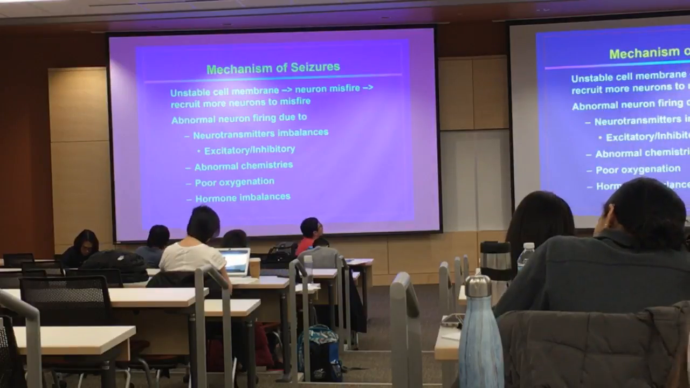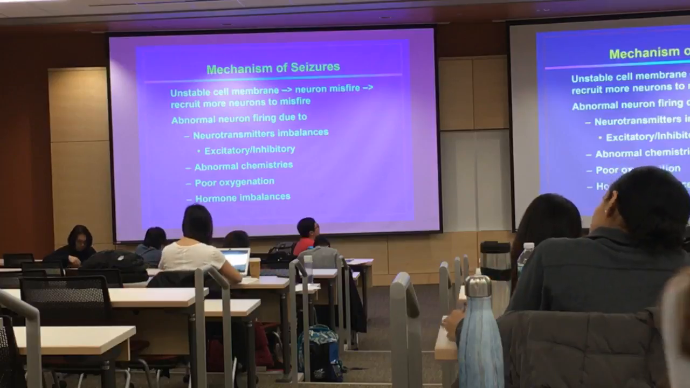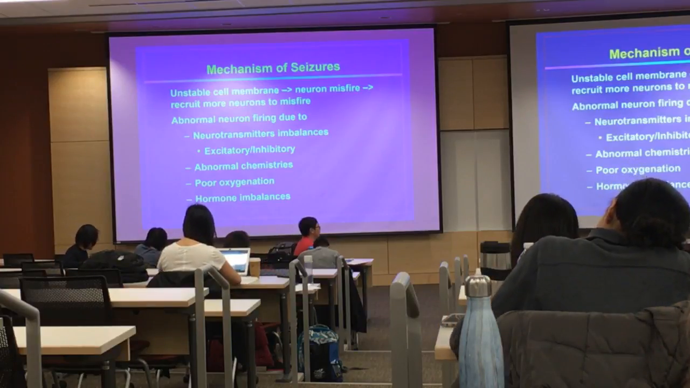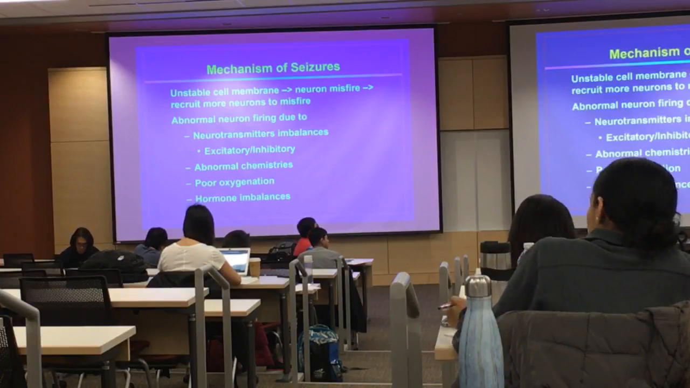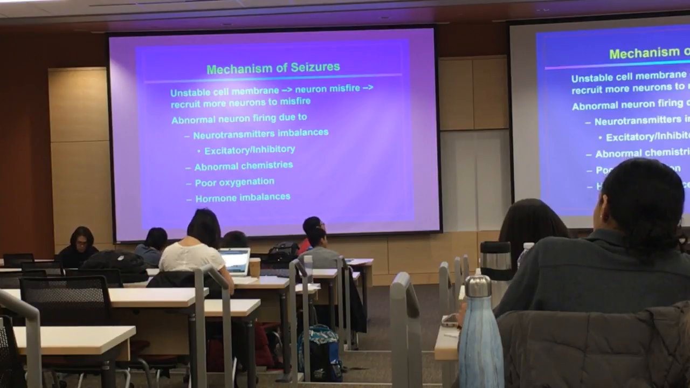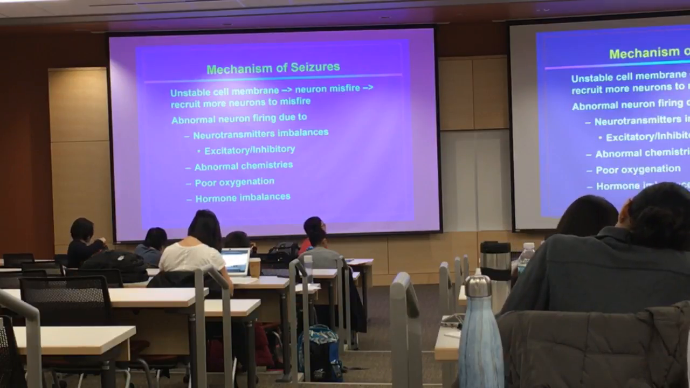So the mechanism of a seizure is often related to the cell membranes being unstable, and this then leads to neurons misfiring, and these misfiring neurons recruit more neurons to misfire. And this then leads to seizure spread. And so an abnormal neuron firing can be due to a variety of reasons. It could be